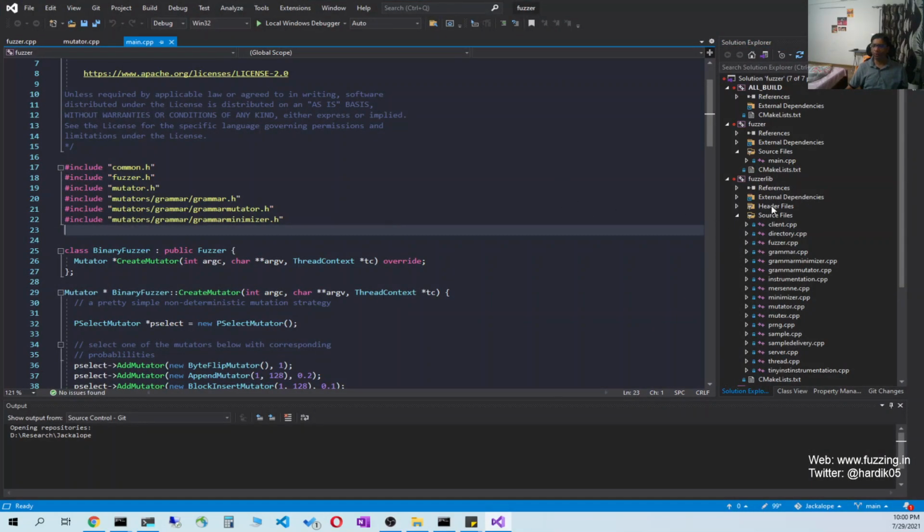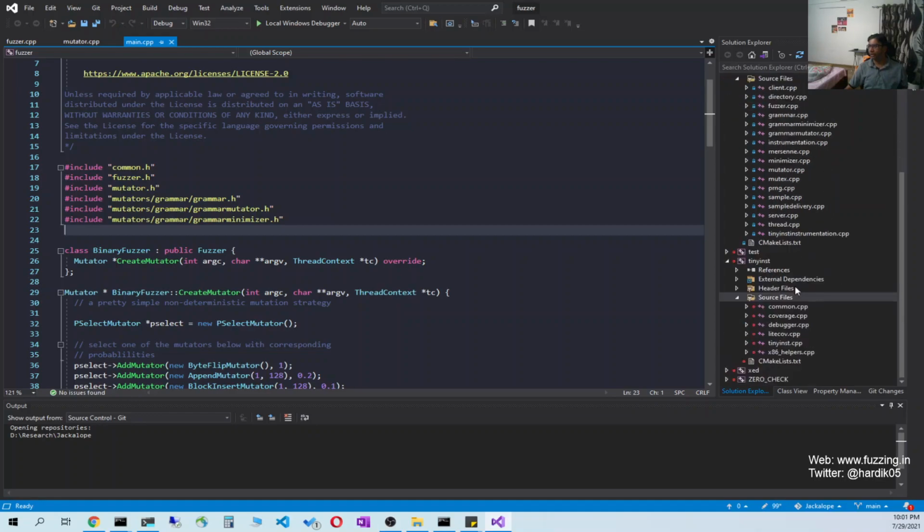So this is the code of the Jackalope fuzzer, and you will see there are different components like the fuzzer, and then there is tiny instrumentation over here. Tiny instrumentation is a library which was written from scratch, and it allows you to instrument the program at runtime. Generally, if you are using WinAFL, you will find that WinAFL uses something called DynamoRio for dynamic binary instrumentation, and it is a very big piece of software, so it might affect the performance of the fuzzed program.